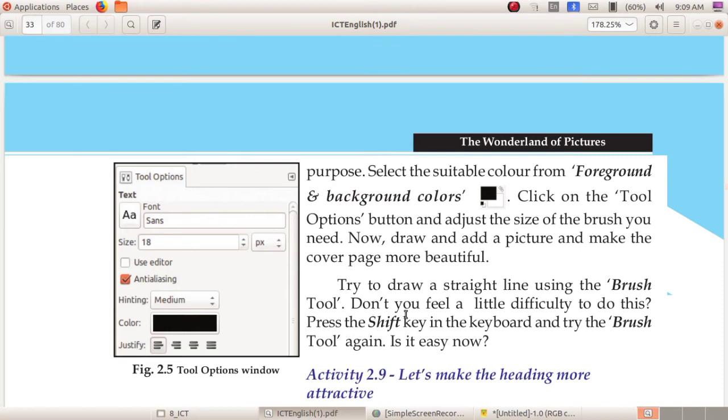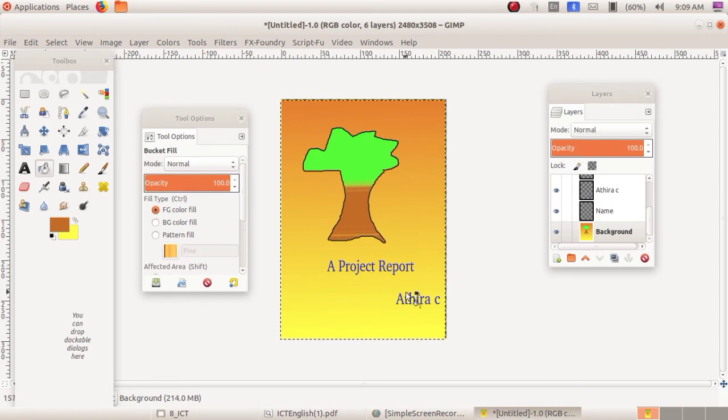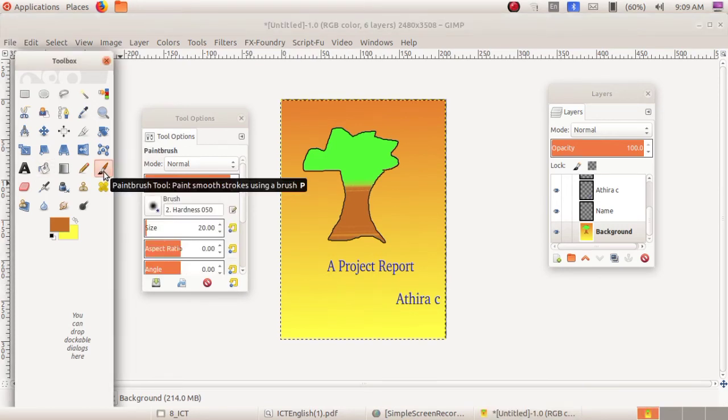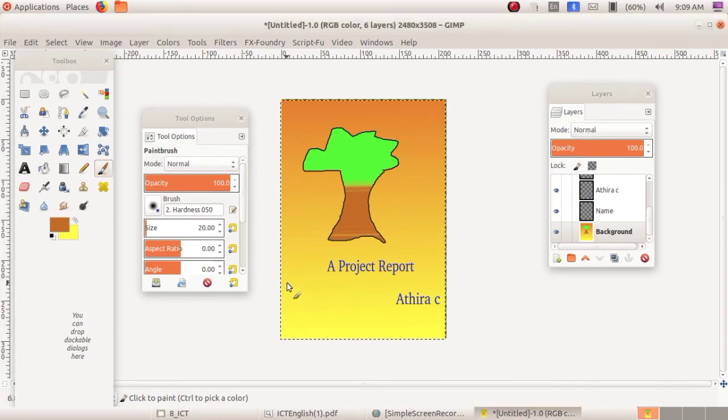In the next step you want to draw two lines. Okay. To draw lines using the brush tool. Okay. Now I am just going to draw two lines here. Select the brush tool. Now I am just drawing, but you can see that it is not in a straight line. So for making it in the straight line, you can use the shift key in your keyboard. Okay. Just click here, then hold the shift key, then you can draw the line like this.